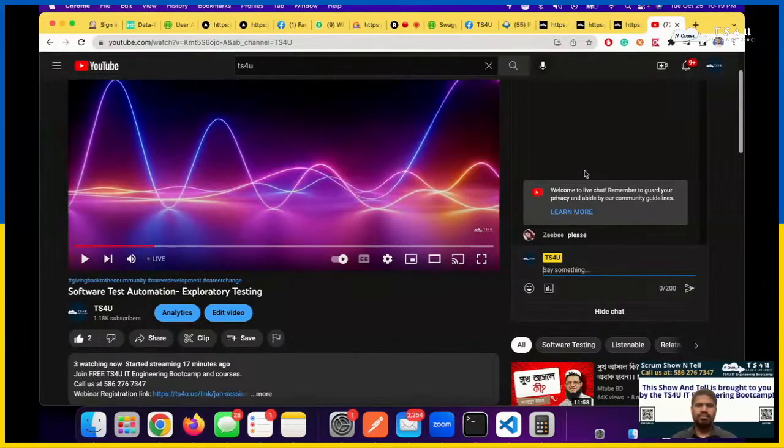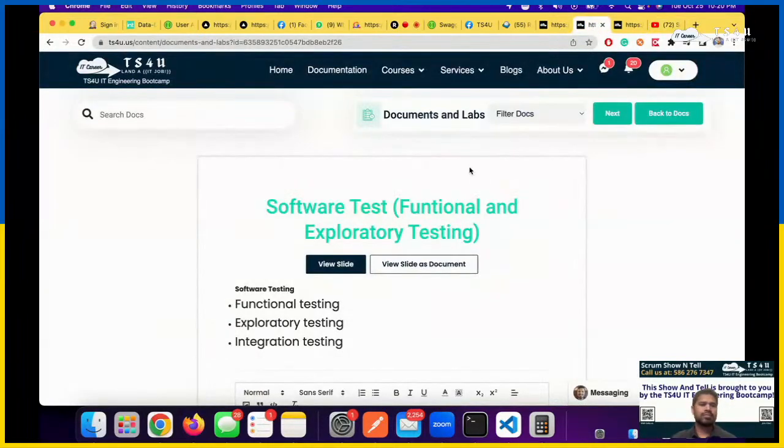Okay. Maybe first I will check if the environment is okay for both platforms. And then I will start with the different testing.